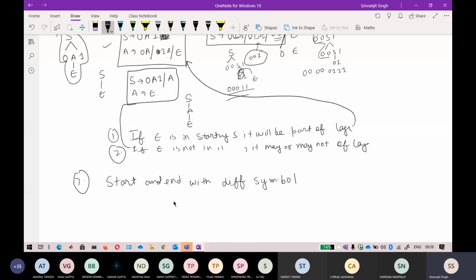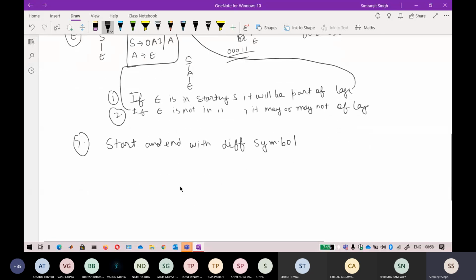For this you can go with 0 1 or A B, anyone. Just go with the input alphabet A B, because we have already done it in A B, so that will be easy for you. If it is starting with A, anything can come in between and it will end with B. Or if it is starting with B, anything can come in between and it is ending with A. Is there epsilon in that one?